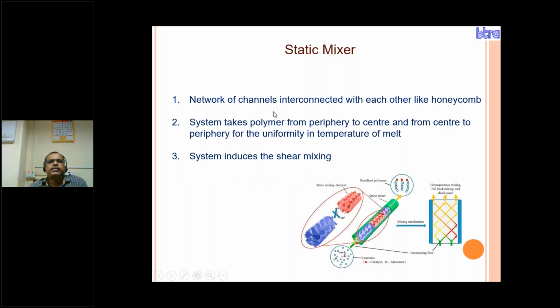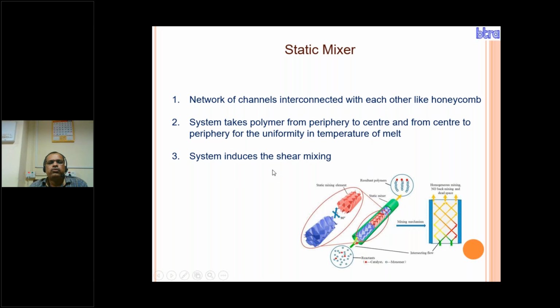So another part is the static mixture. It is a network of channels interconnected with each other like a honeycomb structure. The system takes polymer from periphery to center and from center to periphery for uniformity in temperature of the melt, to maintain the melting temperature of the polymer flowing to the different spinning lines, which should be equal. So it maintains the temperature from periphery to the center by flowing the polymer in this manner in the honeycomb